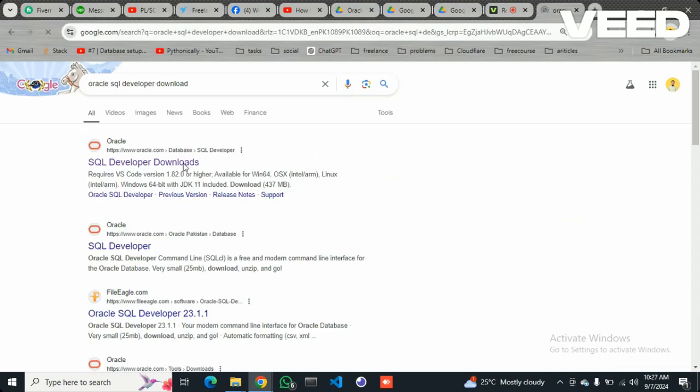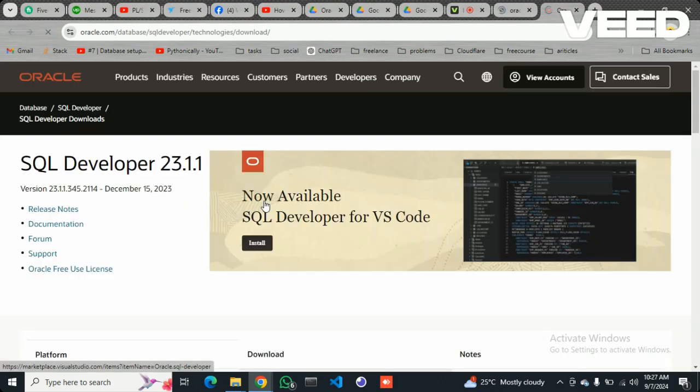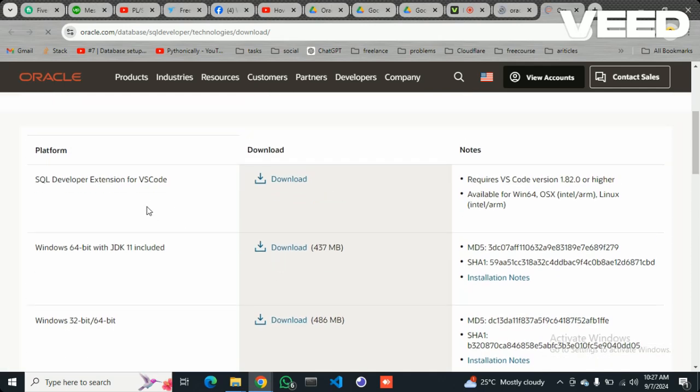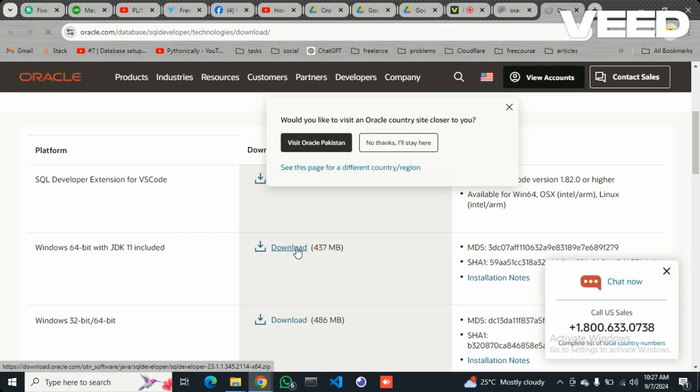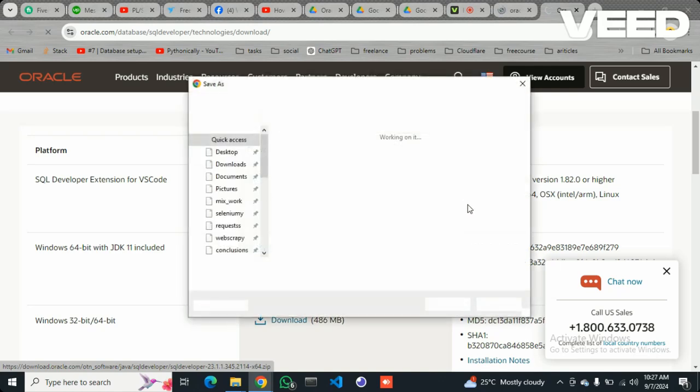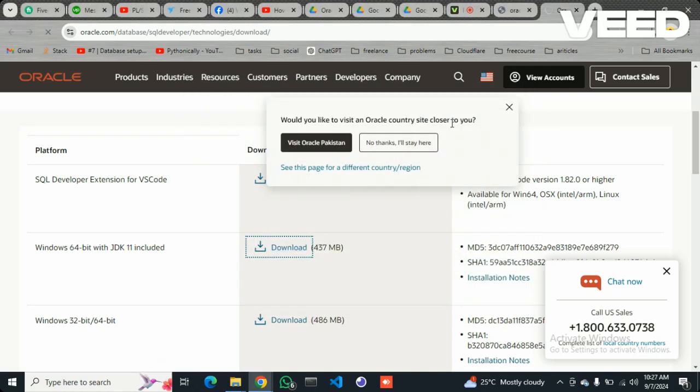Okay, go to this link, and then here we have SQL Developer JDK 11 included. So I will download this for my Windows 10 machine. I already have downloaded, but what you need to do is to click on download, and if you don't already have an account, it will ask for an account, and with the basic information you can input the basic information there and click on download. Once you click on download, it is going to download